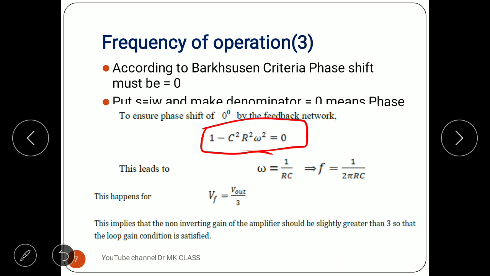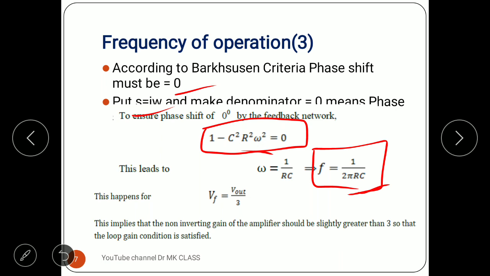Why are we making the j term 0? The j term is a complex number, which represents a phase angle, so the phase angle must be 0. So we are making this equal to 0. By this we are getting f is equal to 1 by 2 pi RC. And if you substitute f is equal to 1 by 2 pi RC in the above equation,